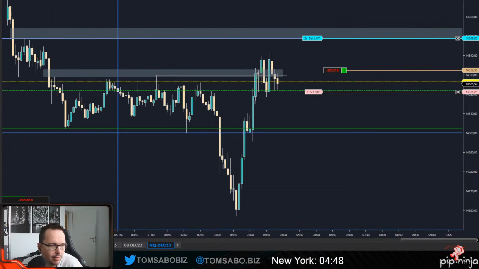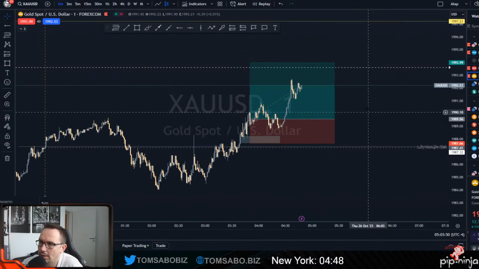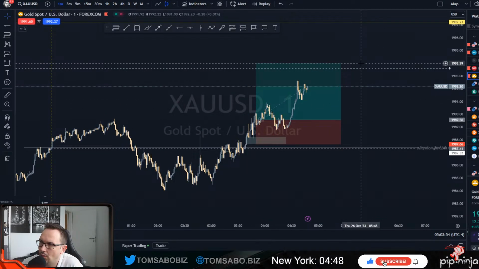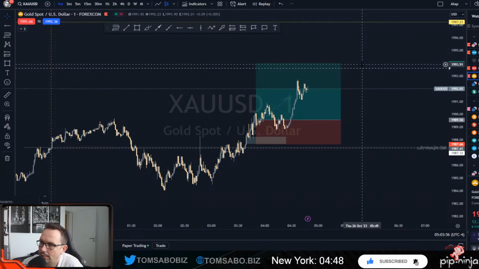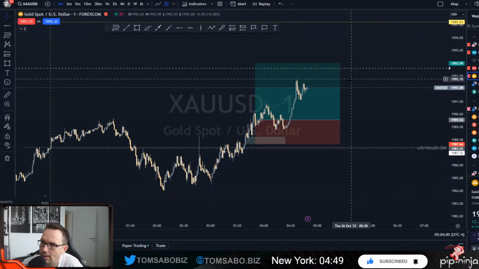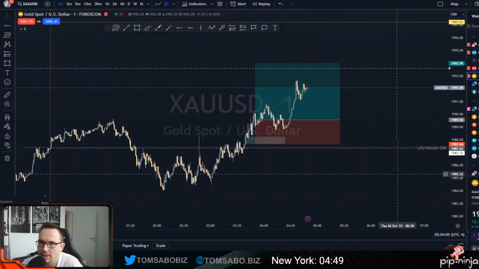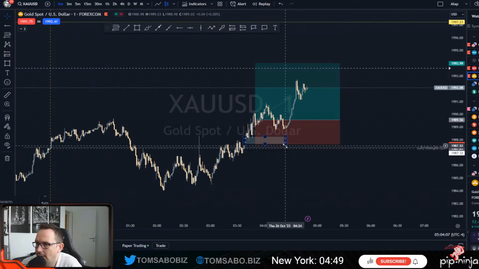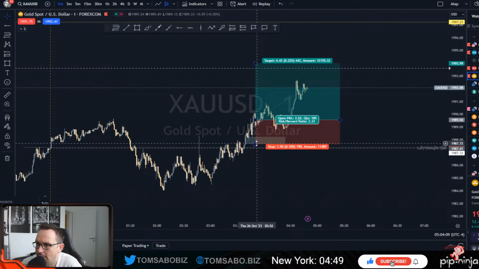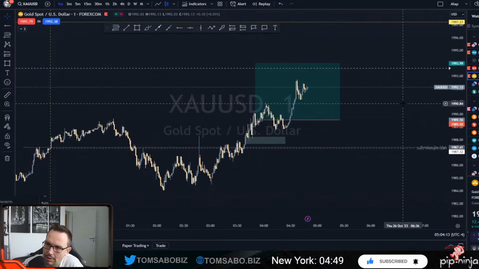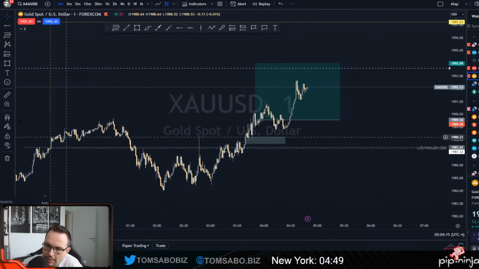Gold is all right. Let's check gold on here. Final TP should be below 94. I might close it somewhere between 93 and 94 if it goes up. This was my entry, so you should be in profit. You should be at break even. I'm at break even by now, so let's put it to break even as well. My stop was below there, so that's my gold trade.